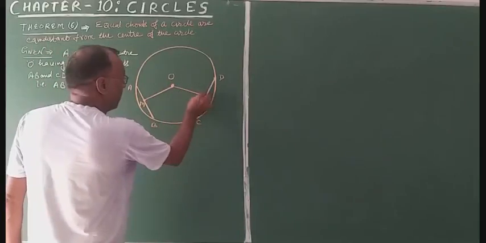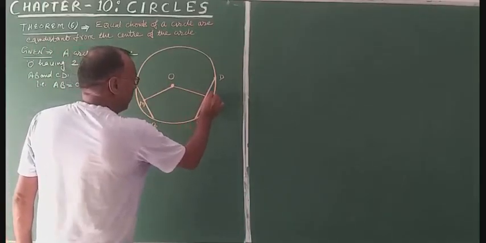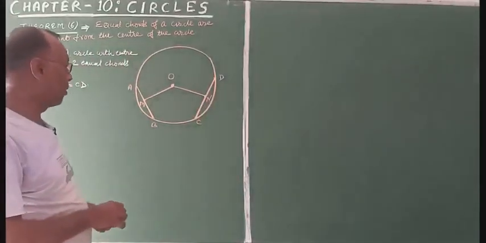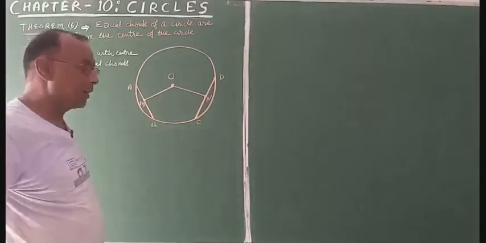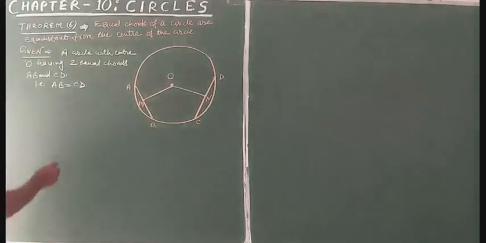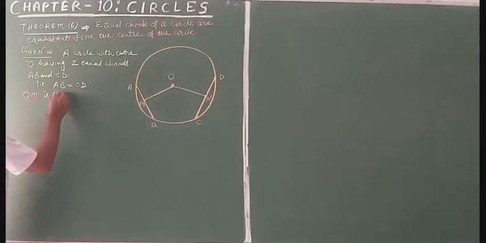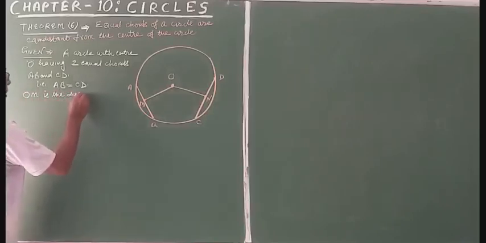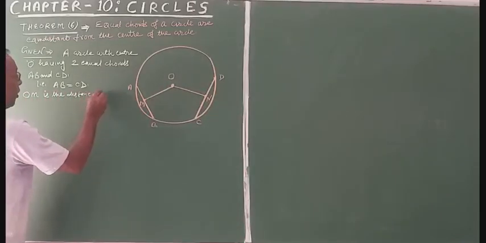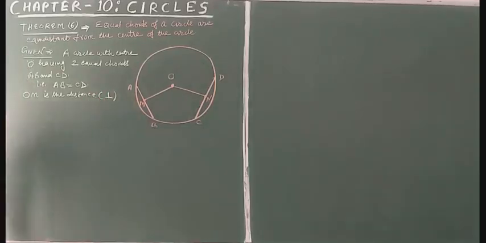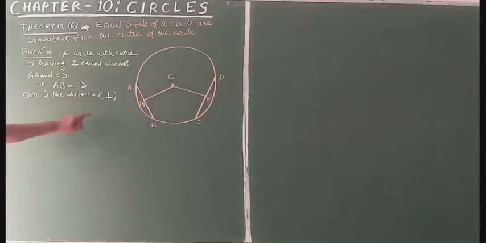And this ON is the distance of chord CD from the center O. ON is the distance, or you can say the perpendicular distance. In the word distance, the perpendicular is here. OM is the perpendicular distance